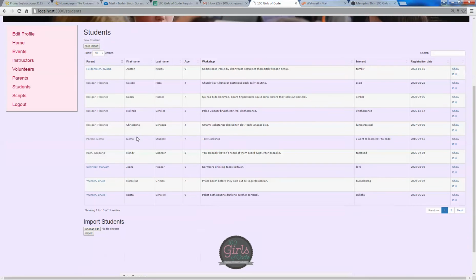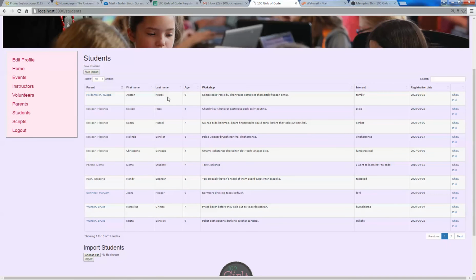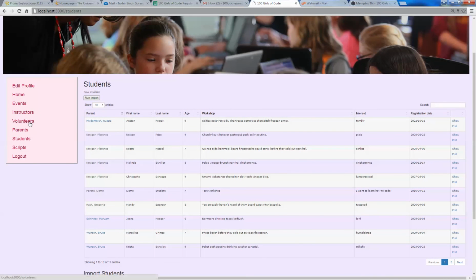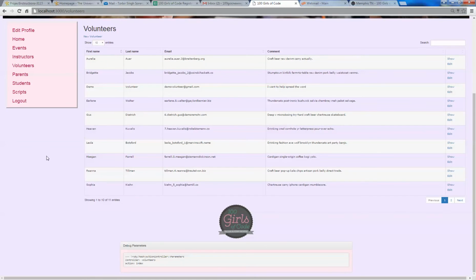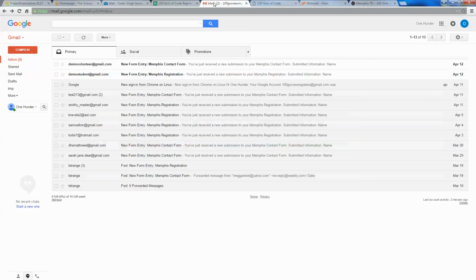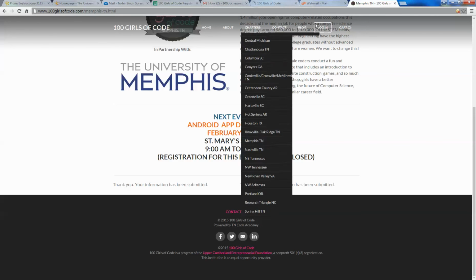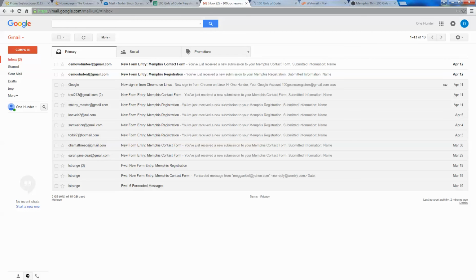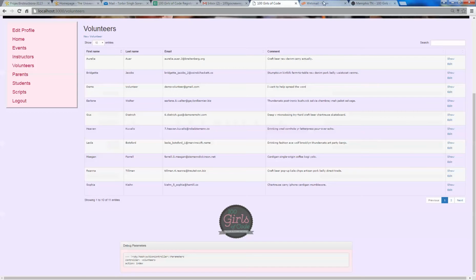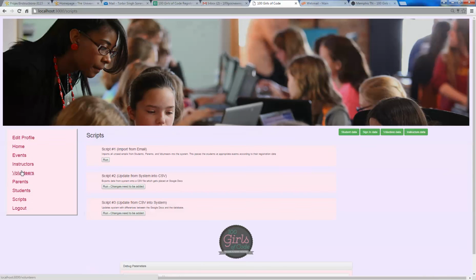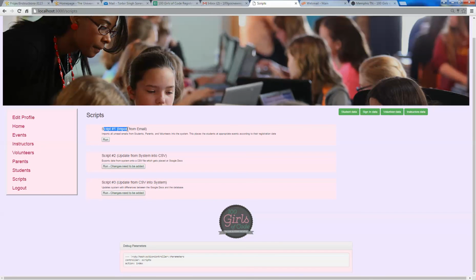So for every student, actually, I'll talk about that later. In addition to just showing the database, as you can see, there are other functionalities we have. Go back to the registration forms. We've created scripts to automate the process of inserting new students into the database. If you go to the application, there's a scripts tab here. I've created a script that imports from email. If you run the script right here,